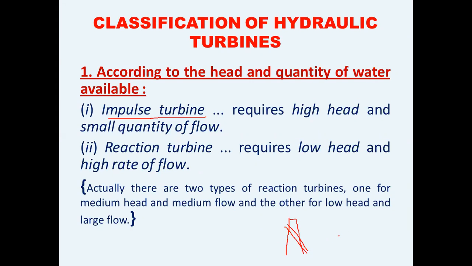Now, second, the reaction turbine. In some cases, the height of the dam is very small. Now, in those cases, we are going to provide the size of the pipe or the penstock as very large. So in this case, the head of water is very less. The water is going to fall from a very low level. But as the pipe area is large, we are going to get a large quantity of water or a large discharge flowing through this penstock. For such a case, we are going to use a reaction turbine.